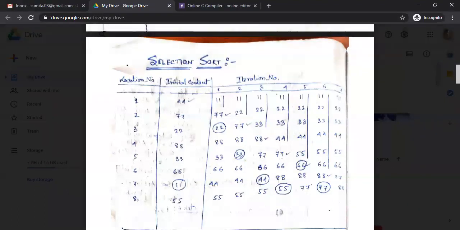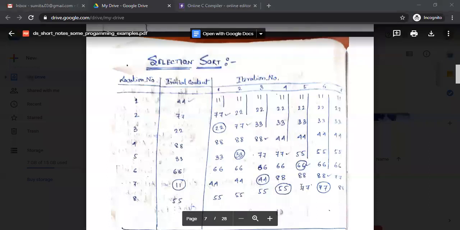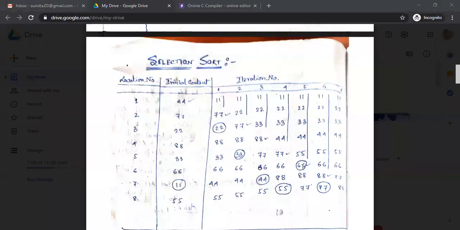Next is 77. And which one is the smallest? 55. So 55 and 77 interchange places with each other. So all these 5 elements are arranged. What is the next element? 66. Now see, 66 is less than 88 and less than 77. What is the meaning? That in that position, the smallest element position and the assuming array element position are both the same. Am I clear to everyone?